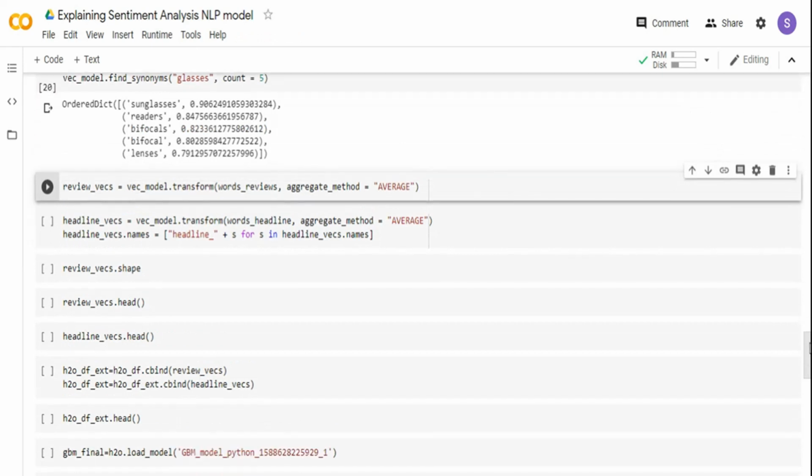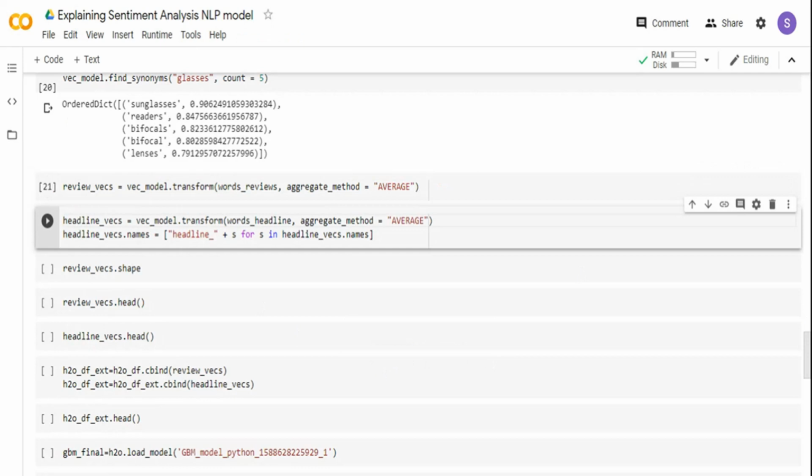So what does word to vec do? If you use a typical count vector or TF-IDF, it just creates a numeric representation without understanding the proximity of other words, but word to vector understands the proximity of other words. So it's sometimes better, because when you create the embedding using word to vector, all the synonyms and closer words are mapped together. That's what I've done over here, and I'm going to use this word to vector model to transform the word reviews object. It is similar to what I did in my training pipeline. Similarly, I'm also going to transform the headline words.